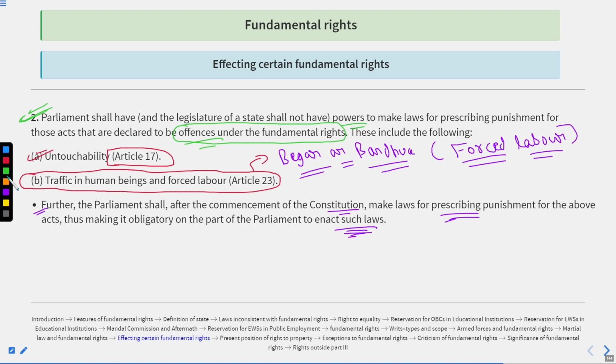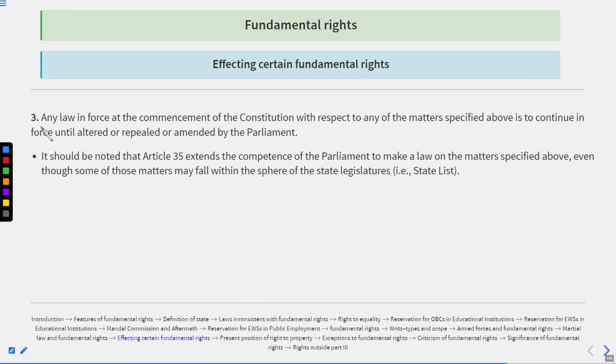Which means the parliamentary power to make the laws and the responsibility is not discretionary. It is not that if the Parliament wants, then only they will act. It is obligatory, so Parliament could not deny the responsibility to make laws upon these acts. Okay. Thereafter, the third thing which we could see here is that any law in force at the commencement of the Constitution with respect to any of the matters specified above is to continue in force until altered, repealed or amended by the Parliament. Which means that if we talk about British India,